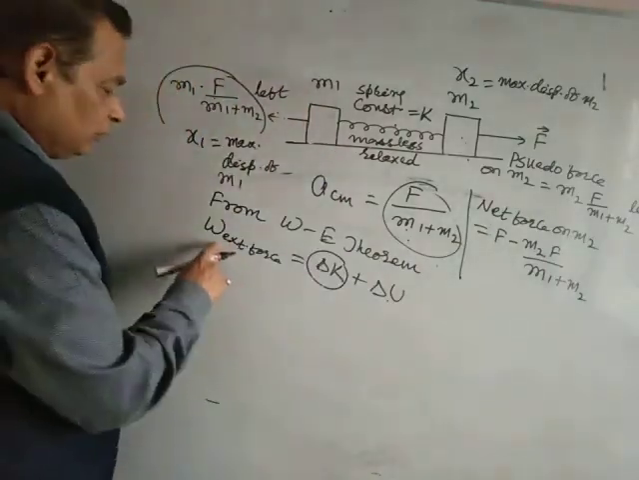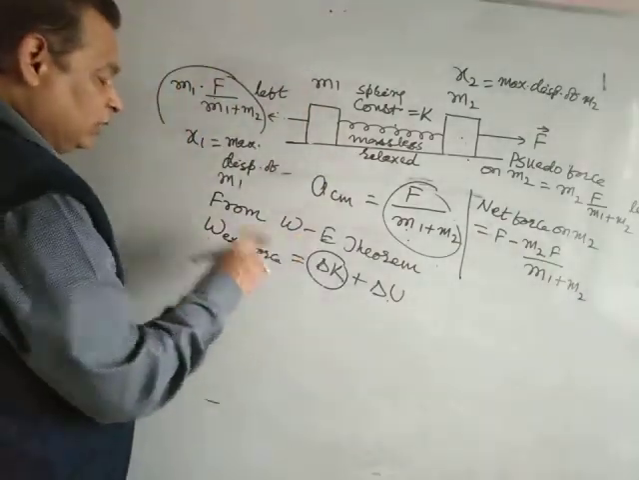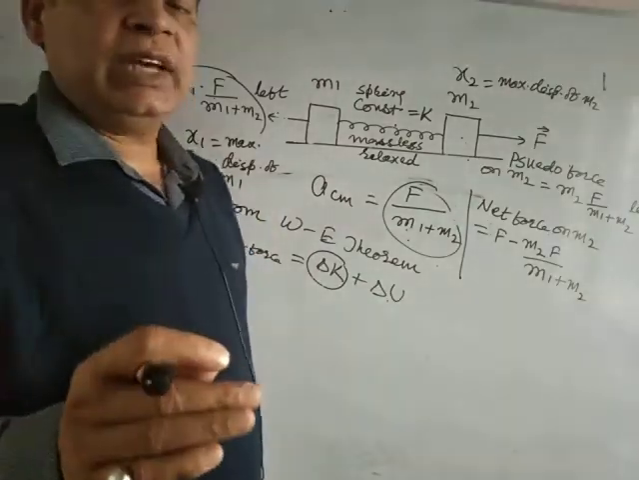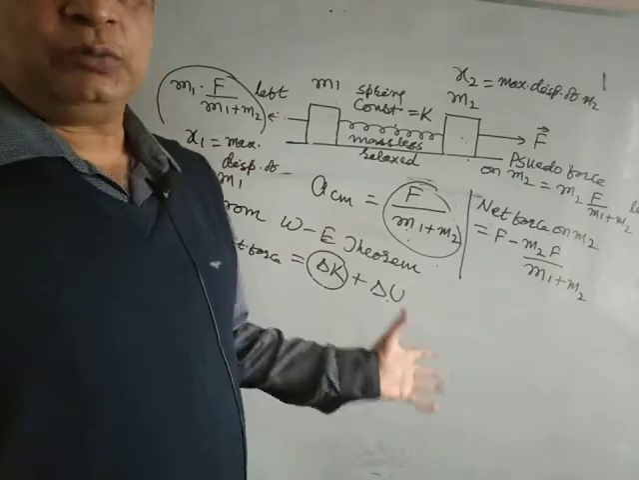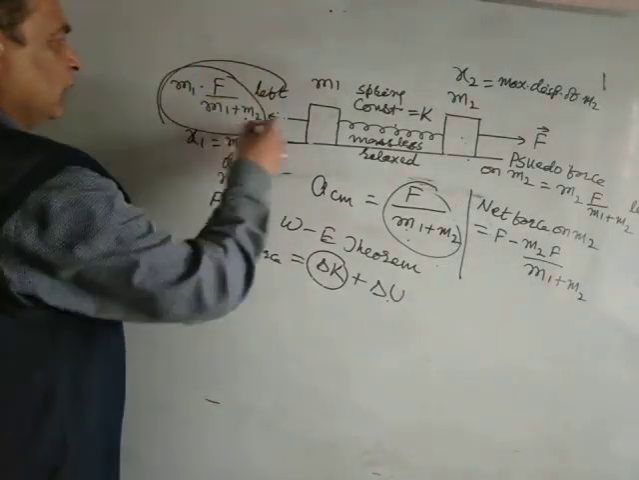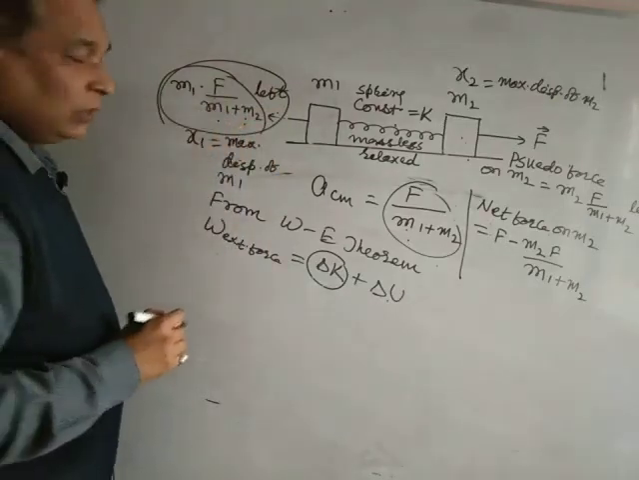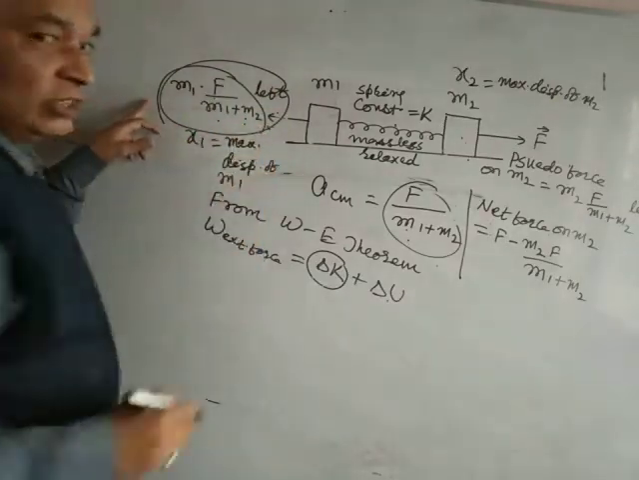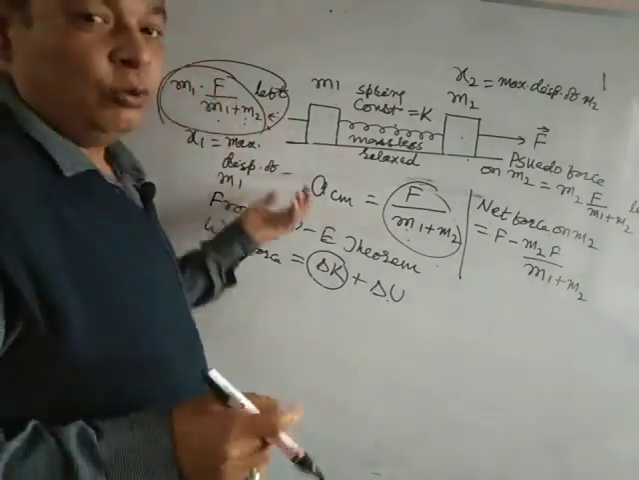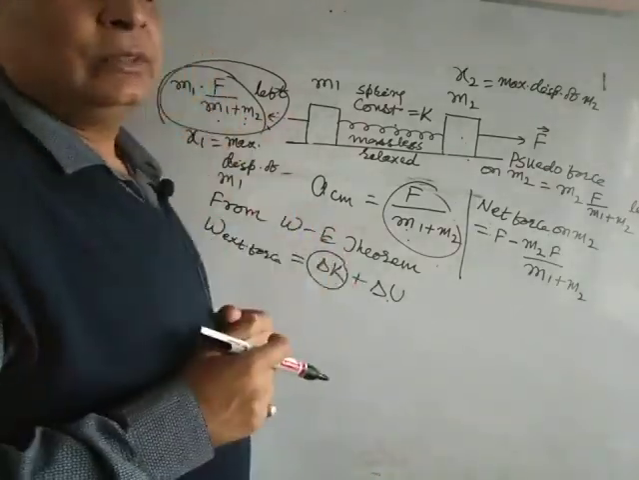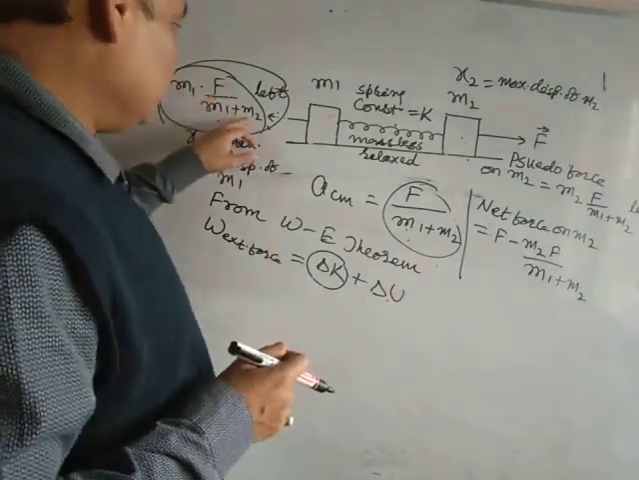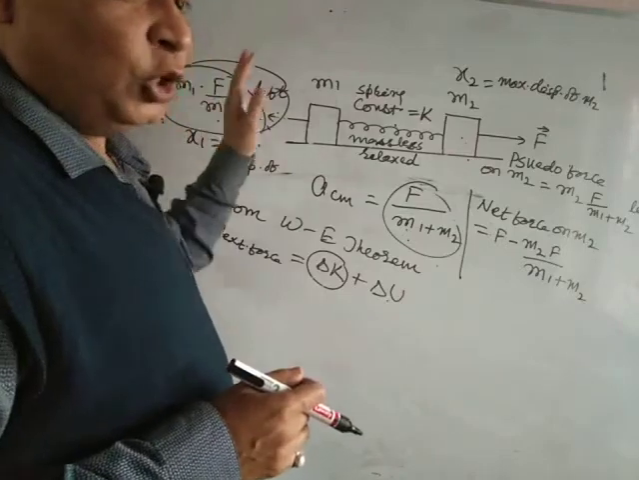Firstly, we are doing this. We are writing this W external force. Here the pseudo force will also be assumed as external with respect to the center of mass. So on M1, the pseudo force is this one and the displacement is x1. This force is leftward. The displacement with respect to the center of mass is also leftward. So what about the work done of the pseudo force? x1 into m1 F by m1 plus m2. Both are leftward, so positive work done